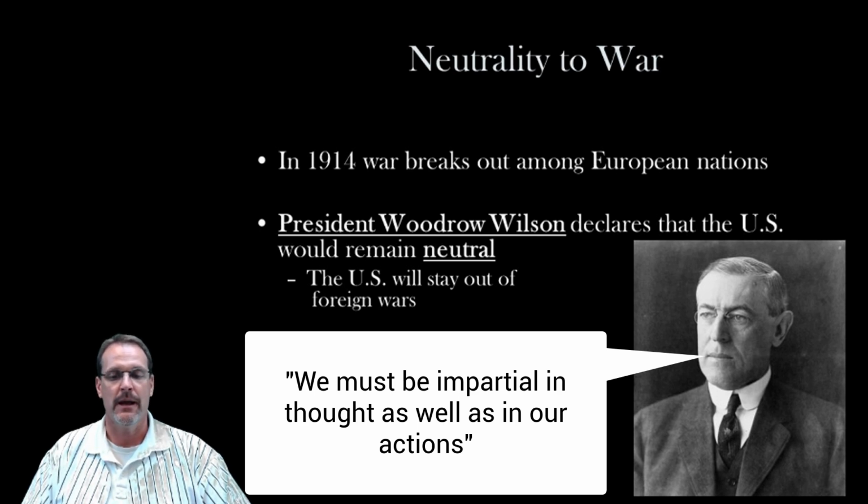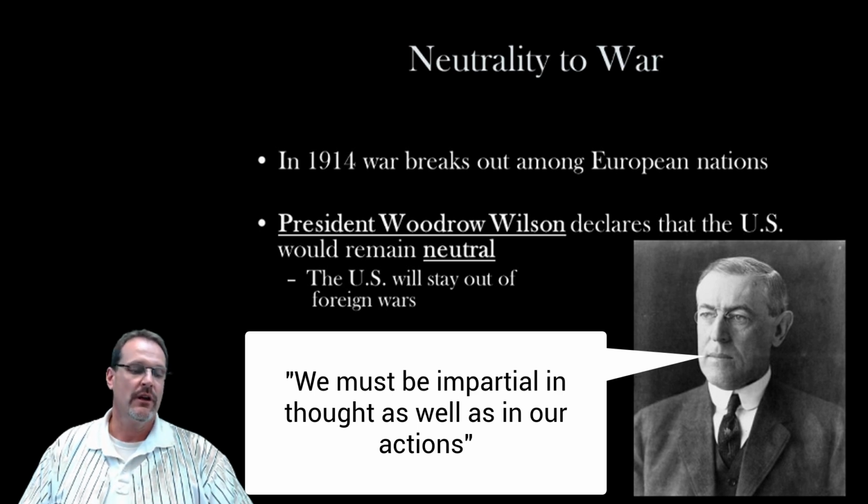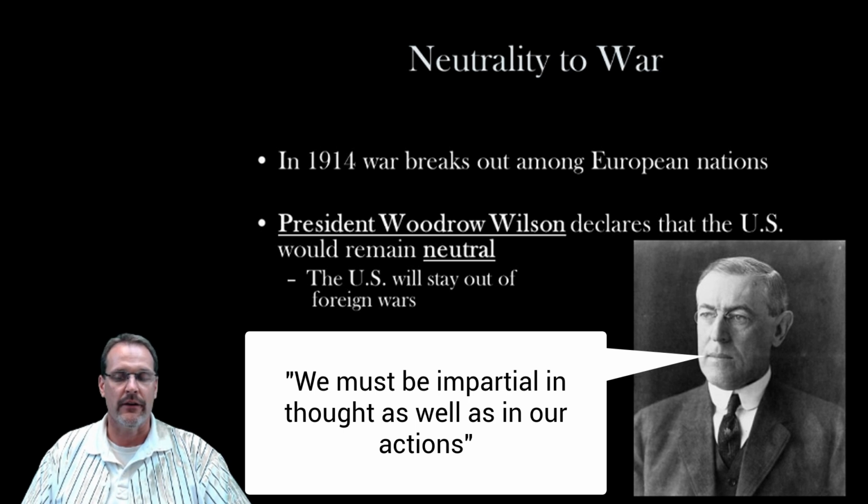We must be impartial in thought as well as in action. Woodrow Wilson was prepared for domestic issues and was not really a great international businessman. He was a guy that had an expertise in fixing American problems, so he would have to learn those skills as he goes along. So the United States stays neutral,